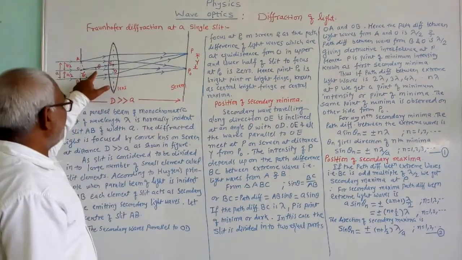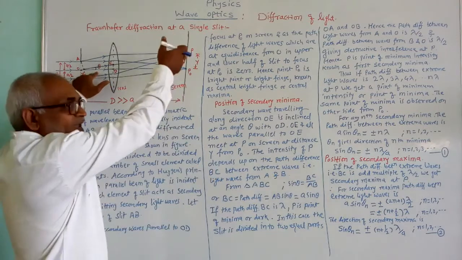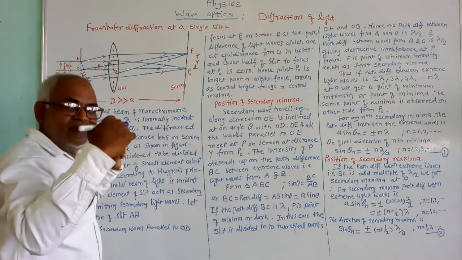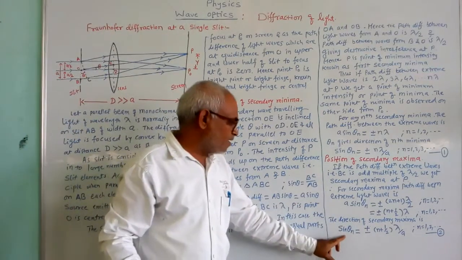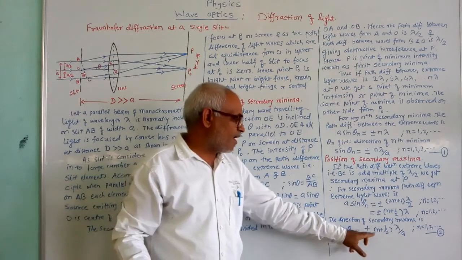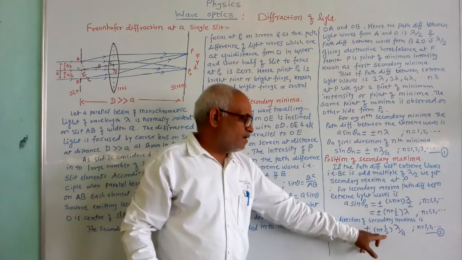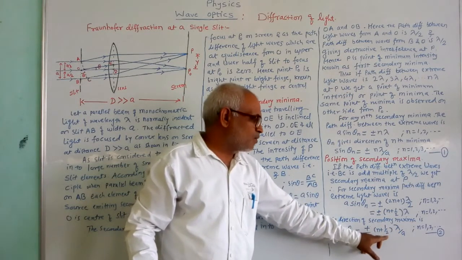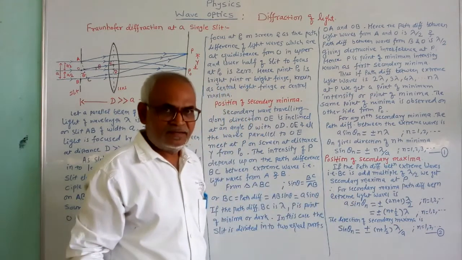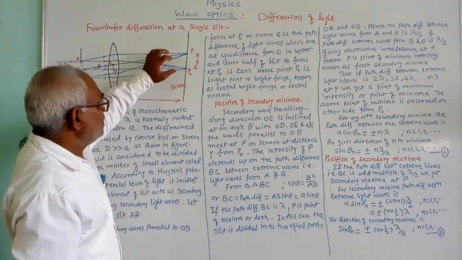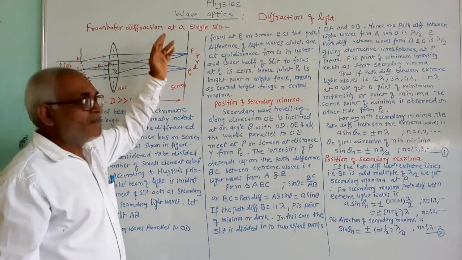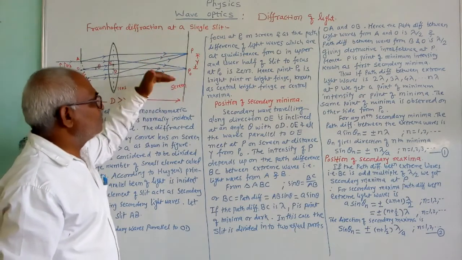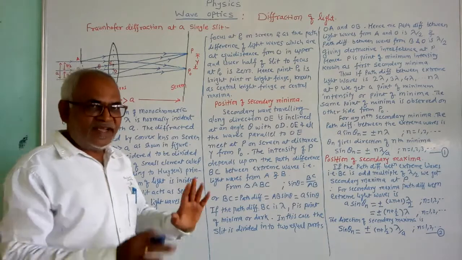And as this angle theta gives the direction of any nth maxima, the direction of any nth maxima is determined by using the equation sin theta n equals plus or minus (n plus 1 by 2) multiplied by lambda by a. Now the distance of any nth maxima or minima from the central maxima on any one side from the central maxima we see in the next part.